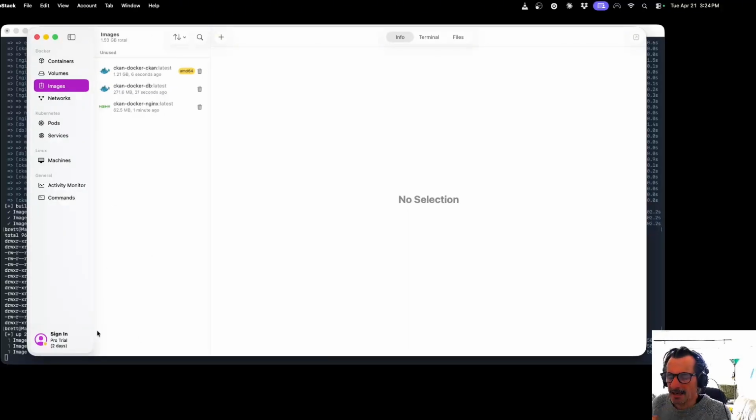Now with OrbStack, I think it's free. I'm pretty sure that I downloaded the free version, but it does say here I've got 2 days. I'm on a pro trial. Maybe I'm on a pro trial, but I think it's free anyway. I'll find out in a couple of days. Okay, so we see we have your Redis image